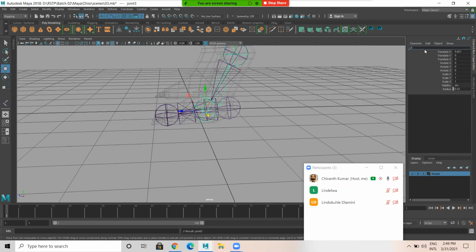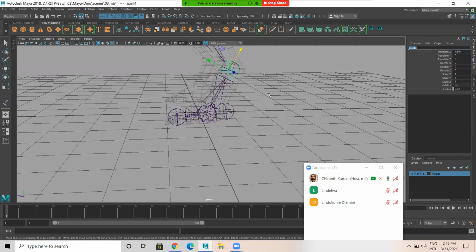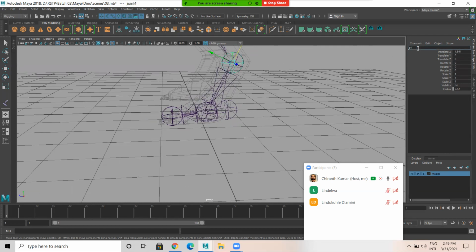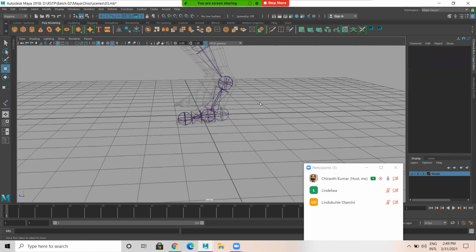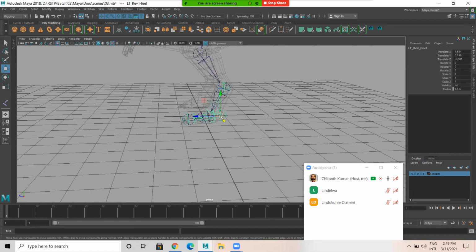It is left reverse ball. Then it's ankle. It is left underscore reverse underscore ankle. Naming is very, very important. See now, these are the reverse joints: left reverse heel, reverse toe, reverse ball.